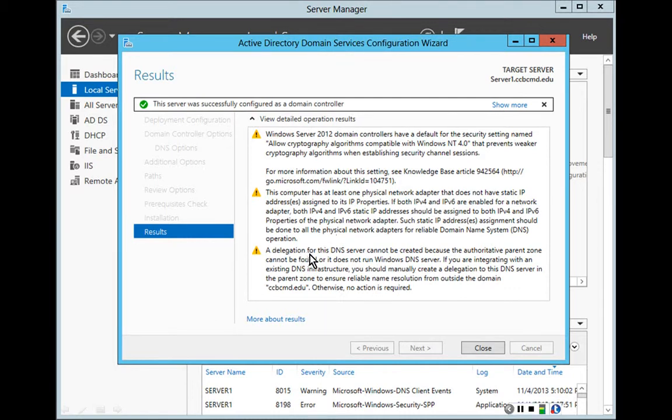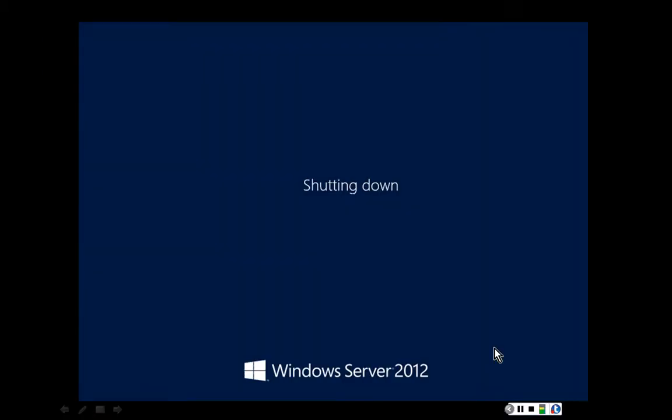Then it says a delegation for this DNS server cannot be created because the authoritative parent zone cannot be found. And this is because this is not the real CCBC MD server. This is just a test server for this class. What it's trying to do is to hit the .edu server. So we click on Close, and the system shuts down,